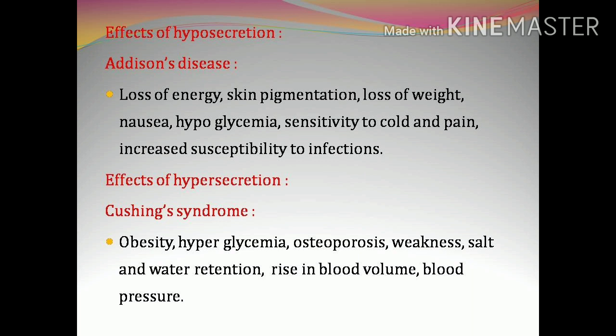In the same case, if there is an overgrowth of adrenal cortex in men, they may develop some female characteristics in their body. If there is an overgrowth of adrenal cortex in a male, it causes the development of some of the female characteristics in their body. So overgrowth is very dangerous for males as well as females.